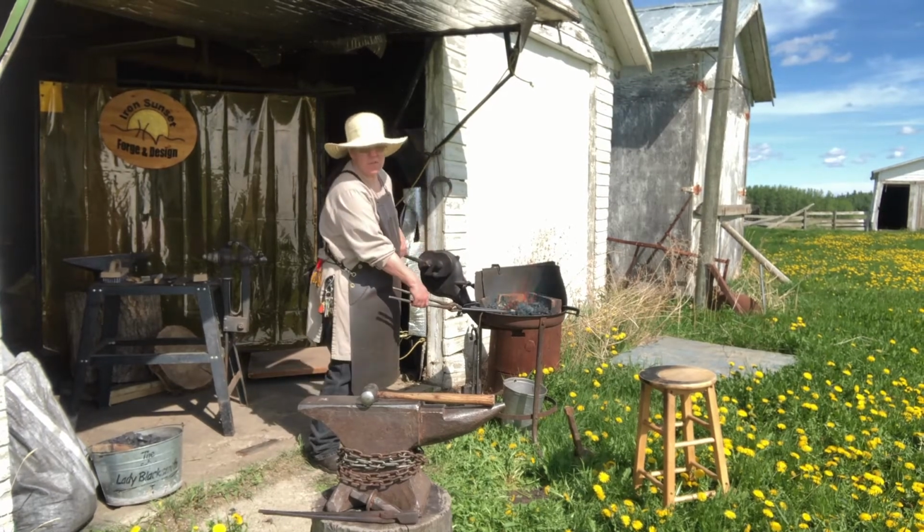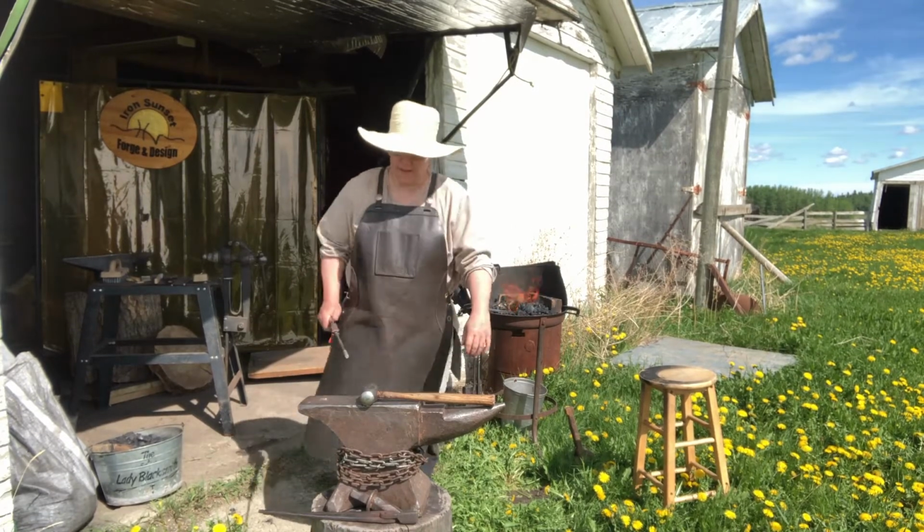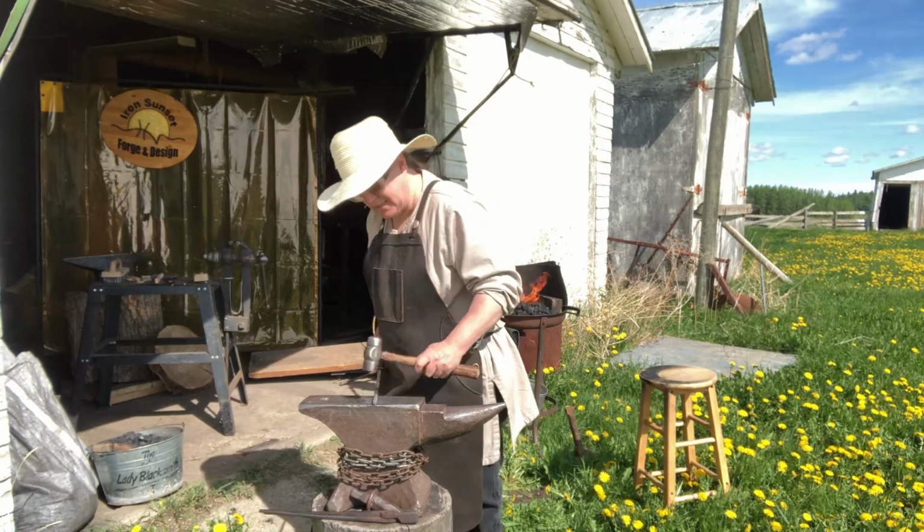I'm probably playing with the fire more than I should, but I think that's a nice red at least. So this one here we're going to make from round to square and taper it down. So,